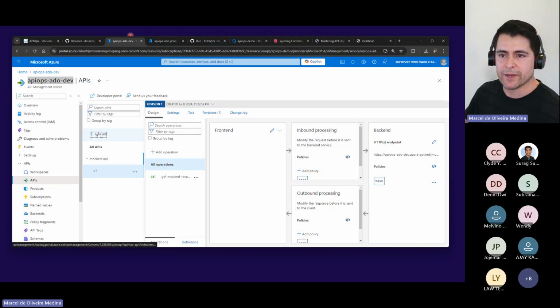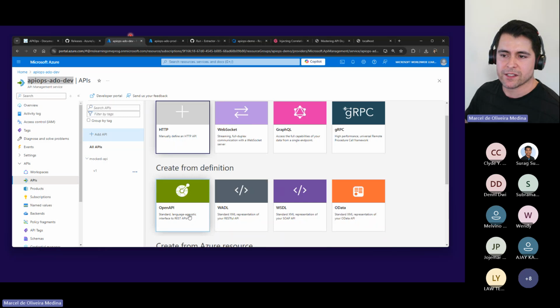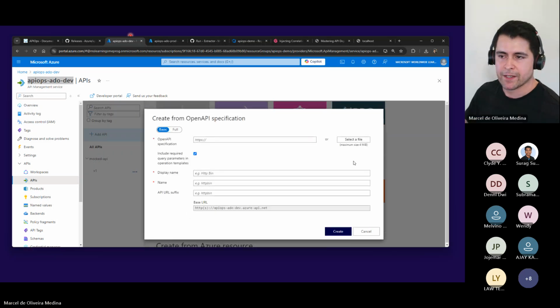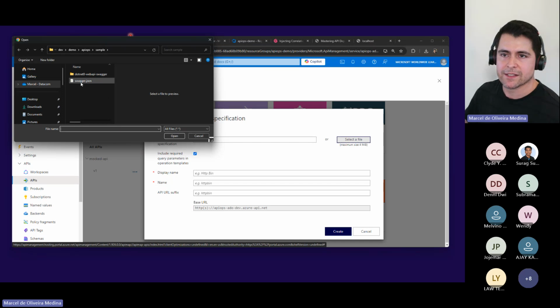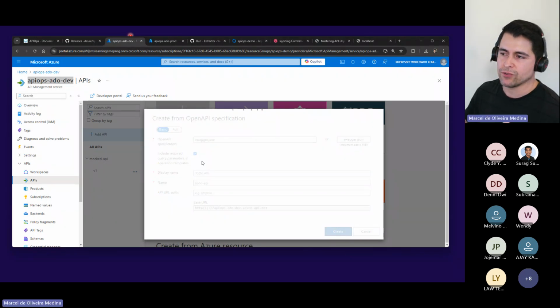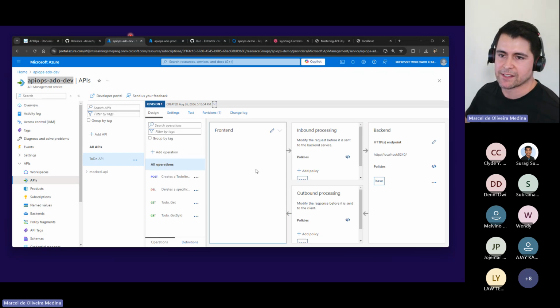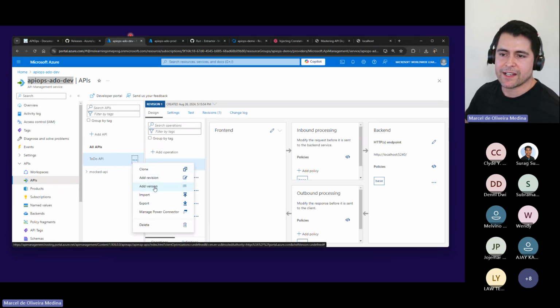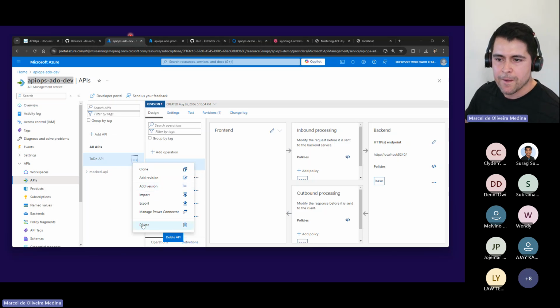What I want to do really is just import an OpenAPI definition. I have created that beforehand, right? I have this Swagger definition in here, and what I do have is just a to-do list that has some hard-coded references, right? In general, what I like doing is adding versioning to my APIs, right?